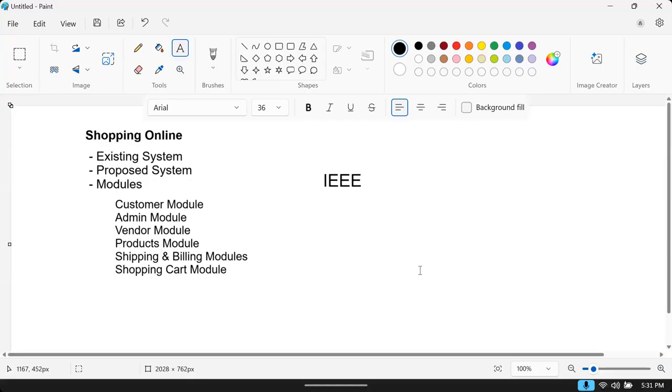Your colleges and universities ask that at the end of your academics, you have to present a project, and that project must be some IEEE standard project. That means it must be approved, defined by IEEE standards. According to the standards, you need to build a project.